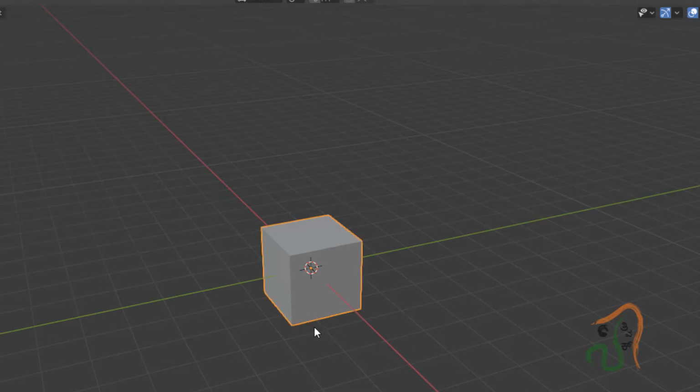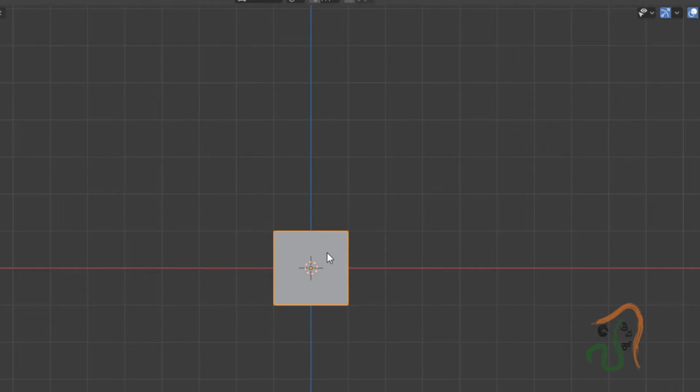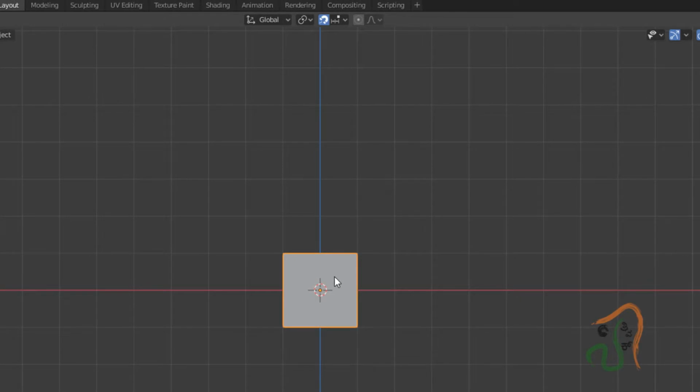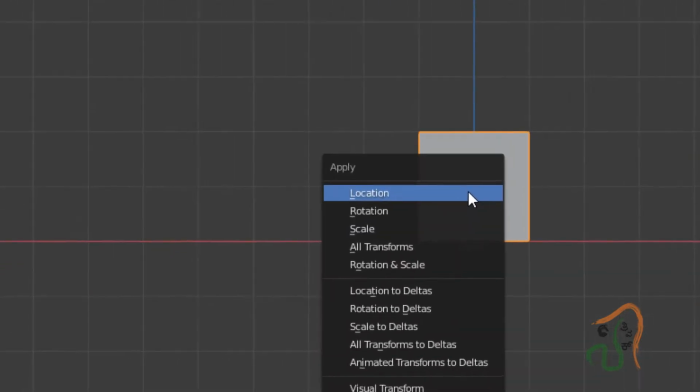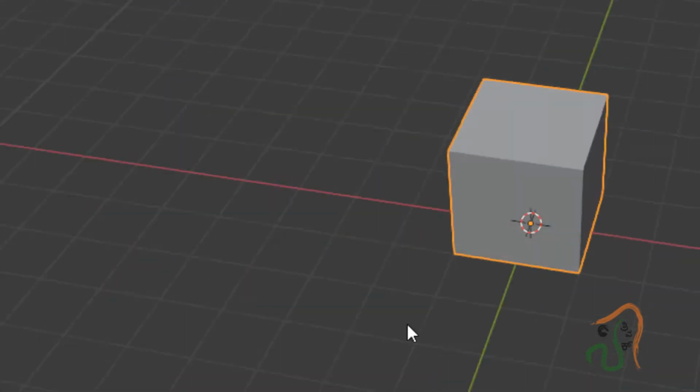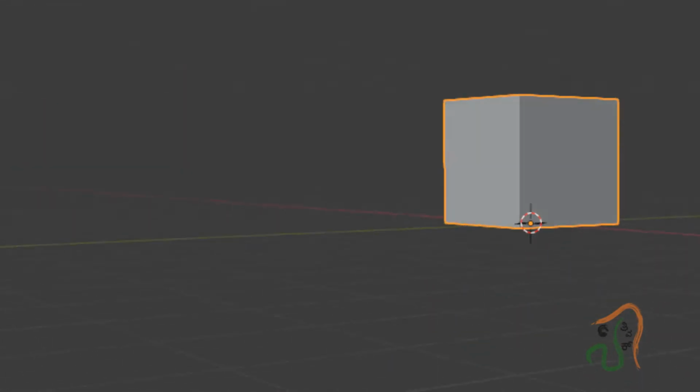So we have this cube. The first thing is the cube. If you come to front view, we have to place it on the top. So press Shift Tab to switch on the snapping, and then press G and along the Z axis move it over here. But if you see here, the cursor position is at the center. To set it, press Ctrl A and choose location. So now what happens is this cube's origin position is at the bottom.